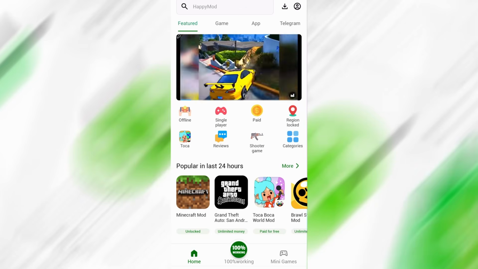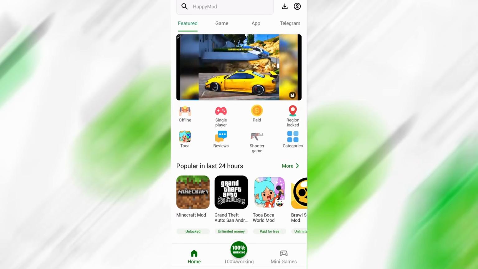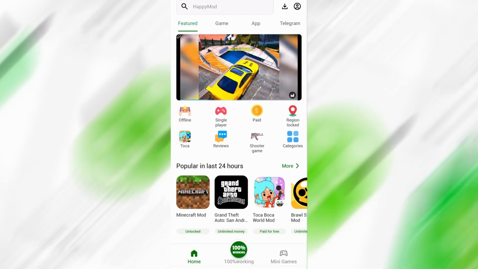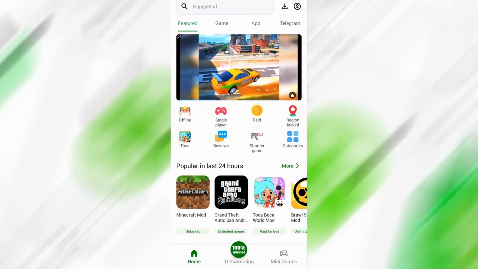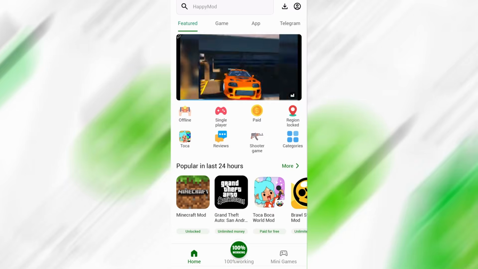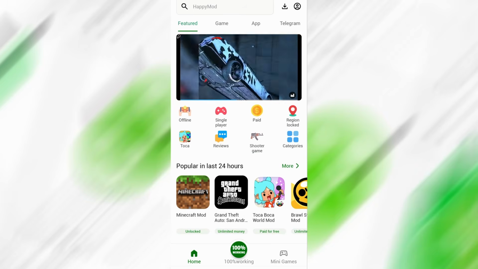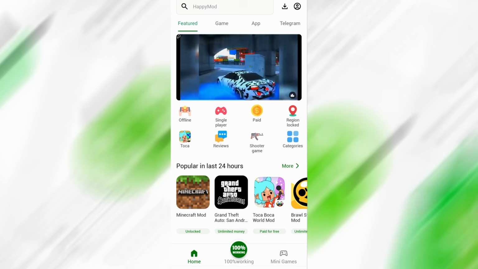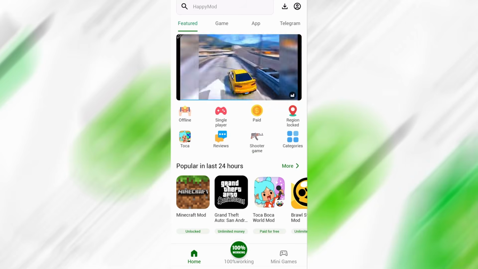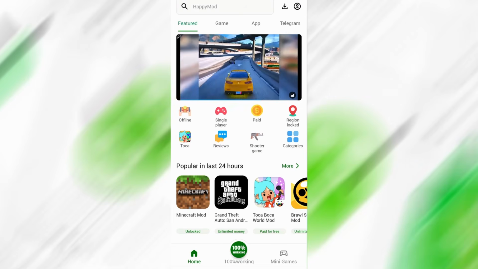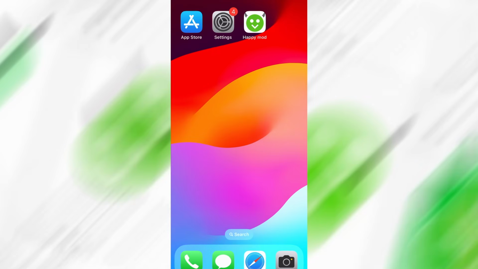If you've been looking for a way to try modded apps, unlock premium content for free, or experiment with tweaked versions of popular apps, then HappyMod is the perfect solution. I'll guide you through the entire installation process step by step, so you'll have it ready to use in just a few minutes. I've already installed it on my iPhone, and it works flawlessly without any problems. So if you're excited to dive into a whole new world of modded apps on iOS, stay tuned and let's